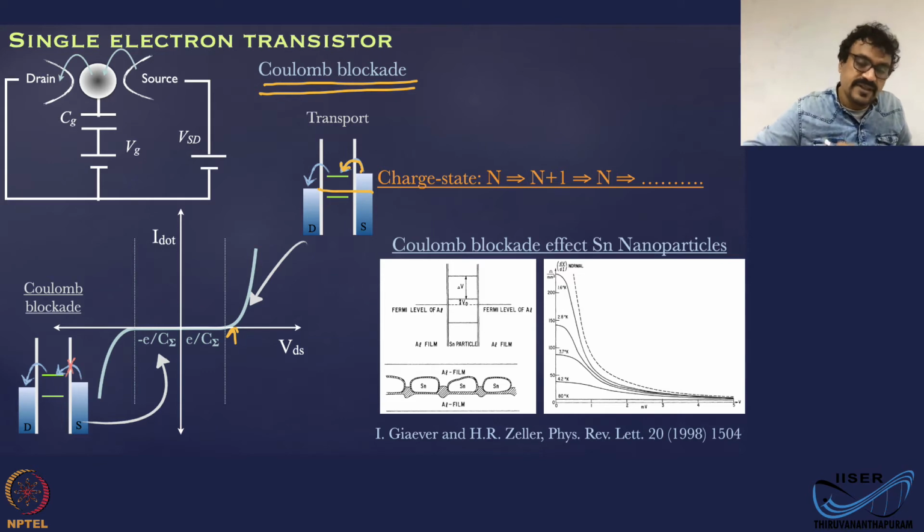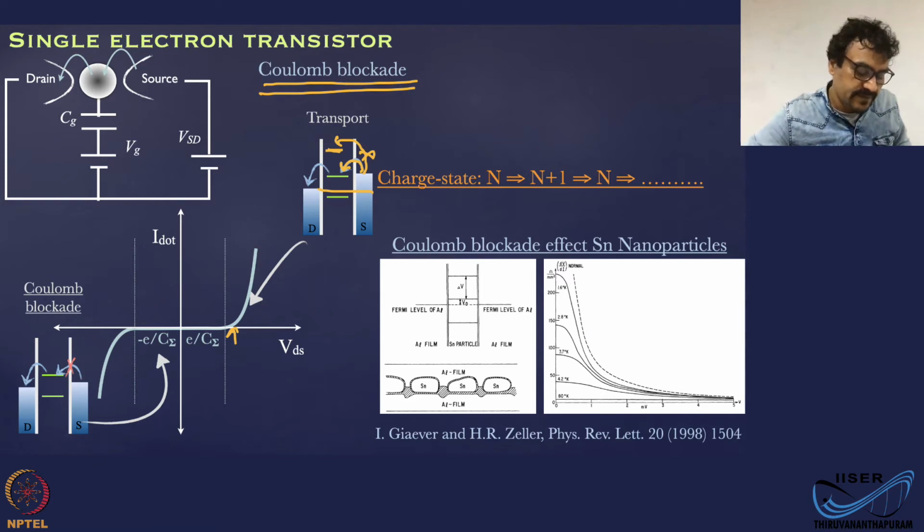Okay. So in this process, the charge state of the island, or charge state of the dot, is going to go from n to n plus 1. That is when the electron is here. But the energy state for the next electron is somewhere high up here, which is not accessible by this potential. This cannot put an electron there. This can put an electron here, in this level, but cannot put the electron here. That requires twice the charging energy.